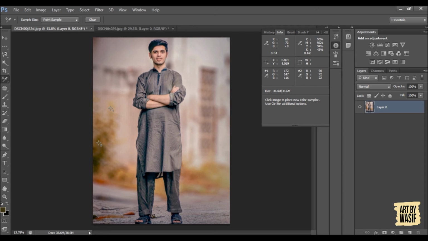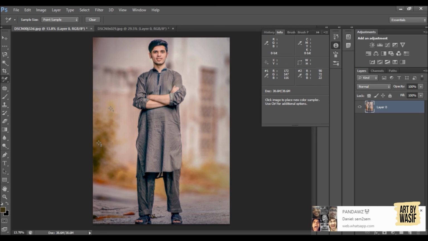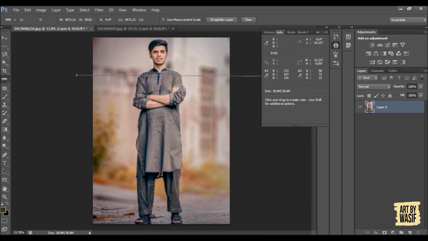If I click here, red is 79%, green is 62%, blue is 8%, CMYK, cyan is 52, magenta is 60, etc. You can see all the details in this info bar. Next is ruler tool. If you want to align a photo to a straight line, you can use the ruler tool.